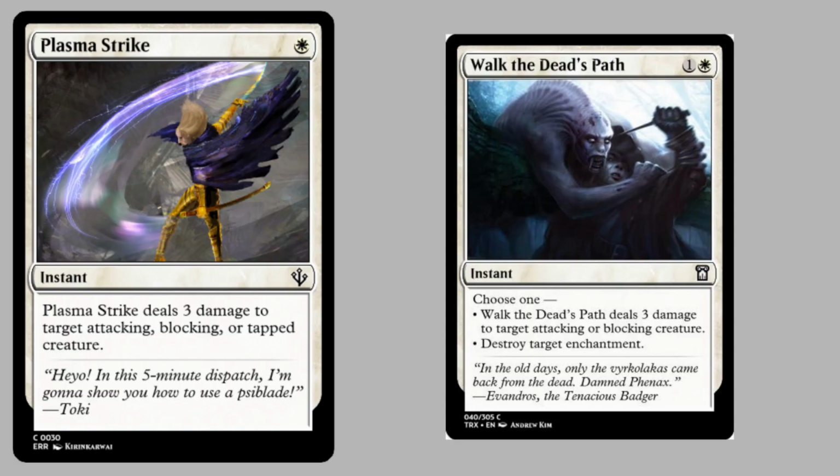This feels most comparable to Walk the Dead's Path, which can do the same for 2 mana, but misses out on hitting tapped creatures outside of combat in exchange for the flexibility to remove enchantments. Walk may outshine Strike for the next few months, due in large part to how important enchantment removal is looking to be, but Plasma Strike may start supplanting it in situations where the creature removal is key, particularly in cases